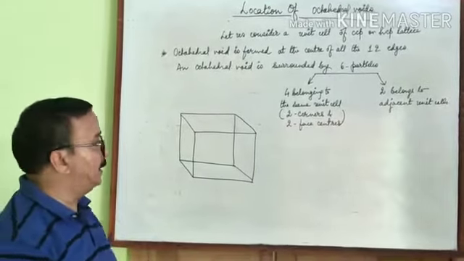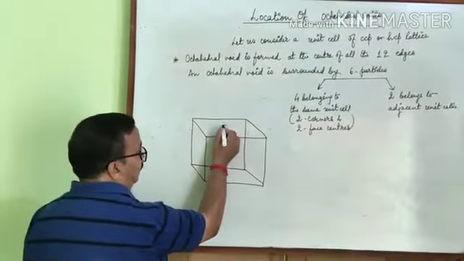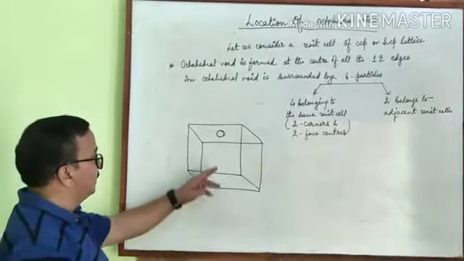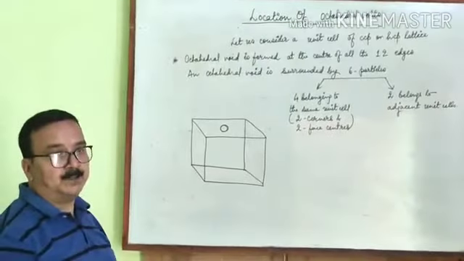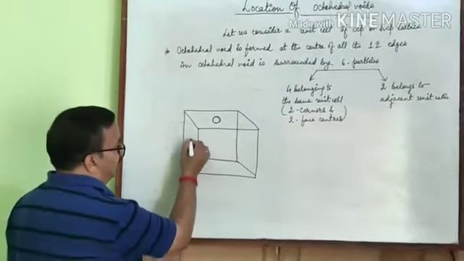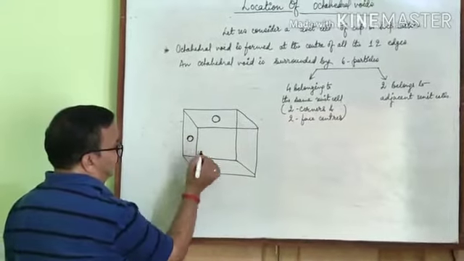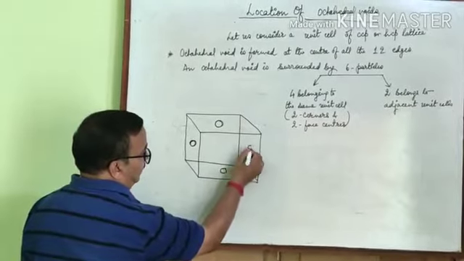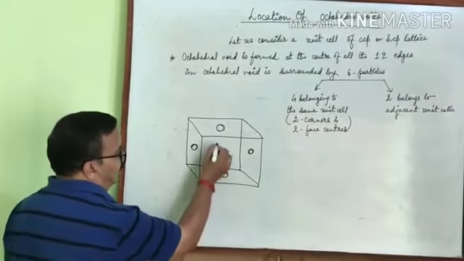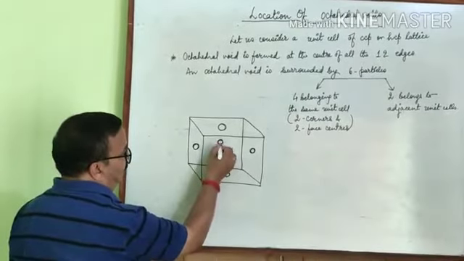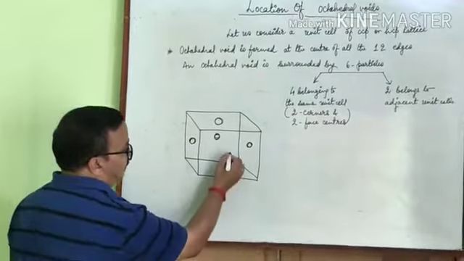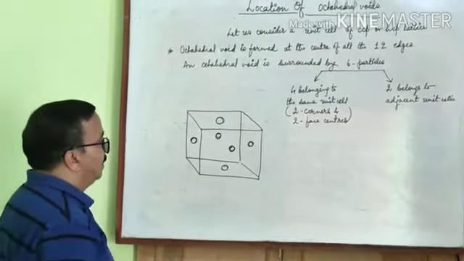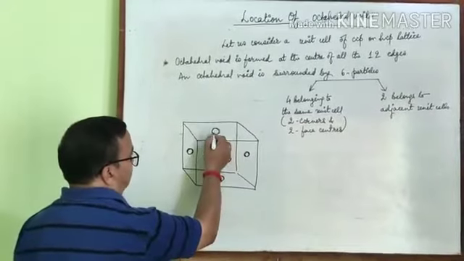So here this one is the sphere, atom, ion or molecule present at the upper face. Similarly, for all the faces, we have to show particles at their centers. This one is present at the center of the back face, and this one is present at the center of the front face. Now if we combine this one,